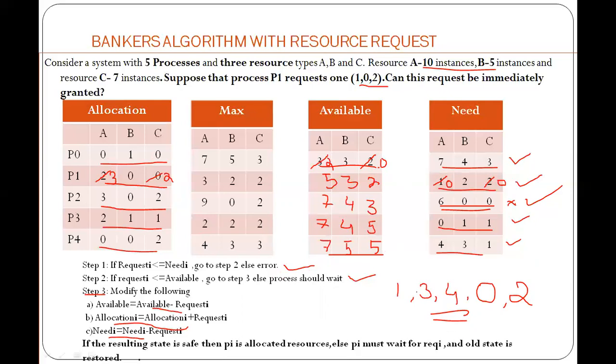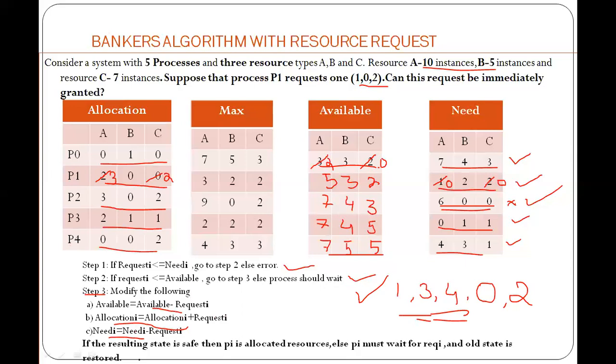And remember guys, you can have many safe sequences. A safe sequence is never going to be unique, because it depends on the sequence in which you take the processes. As I said, you can pick processes in any way you want. That is why a safe sequence is not unique. You can get many safe sequences for this. Whatever I have got is one such safe sequence, because I have started from P0, searching for P0, P1, P2. That is why we get this order.